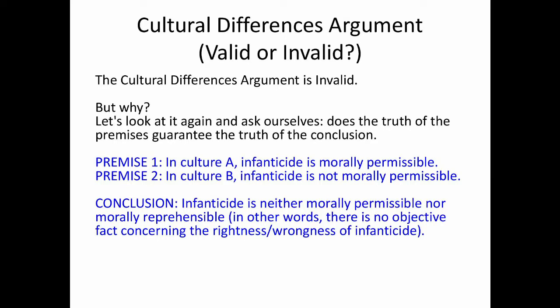You wouldn't say that because culture A believes the world is flat and culture B believes the world is round, because of that, you wouldn't say that there is no shape to the world, right? That there are no objective truths about the shape of the world. No, of course not. Why not? Because people's opinions, people's beliefs, unfortunately, don't always line up with the facts. And although people's beliefs sometimes are based on the facts, they might believe something that is not true, right?